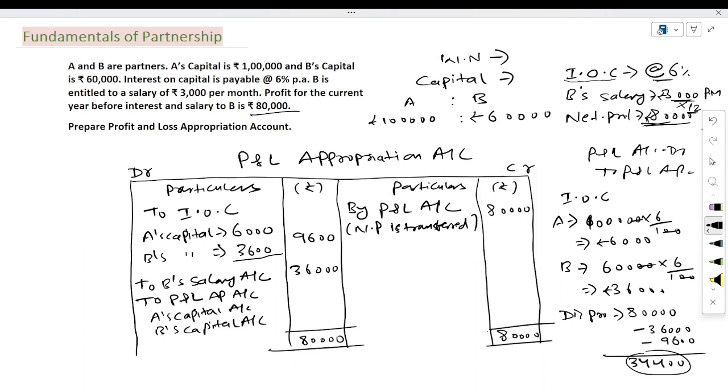Here in the question the profit sharing ratio is not given, and if the profit sharing ratio is not given, in this situation we will distribute the profit in equal ratio. Here what is the profit amount? 34,400. It means 17,200 and 17,200 will be the profit of each partner. So this is the